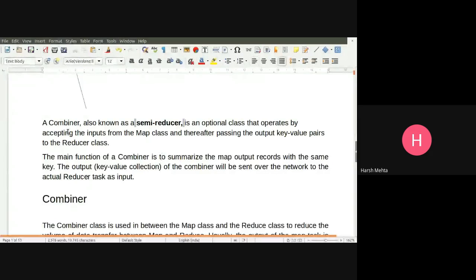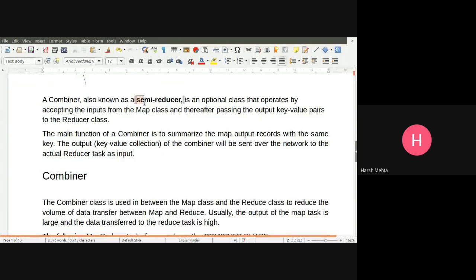What is a combiner? It is also known as a semi-reducer. Very, very important. In the exam, they may ask you the question, what is a semi-reducer or mini-reducer. So this combiner is known as a mini-reducer.